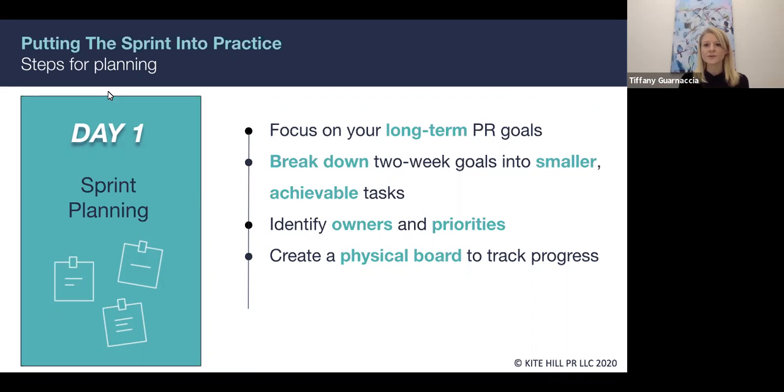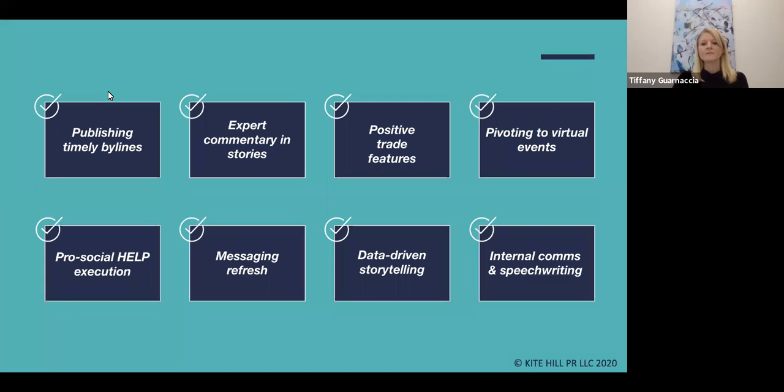There's a lot of great tools and solutions out there that you can use to be able to take those tasks and pull them together. So we have some examples as to what that starts to look like. So that could be what are some of the goals you have, how are you breaking it down? Here are a couple of examples here. You could almost think of these as Post-its or